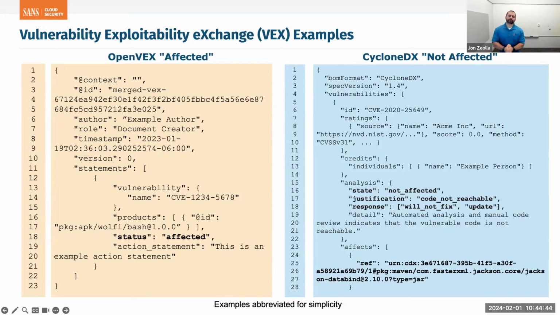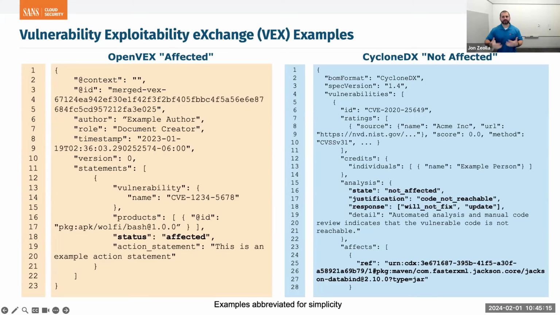We said before, software bill of materials can be useful to tell you what ingredients are in your artifacts. But what if you want to talk about the vulnerabilities? And what if you specifically want to say, this vulnerability does or doesn't matter, right? Have you ever done vulnerability triage and saw a false positive, right? I definitely have been there. There is a new specification called the Vulnerability Exploitability Exchange, or VEX.